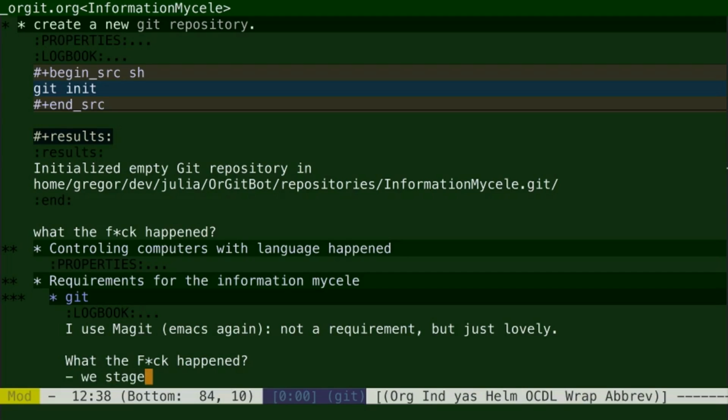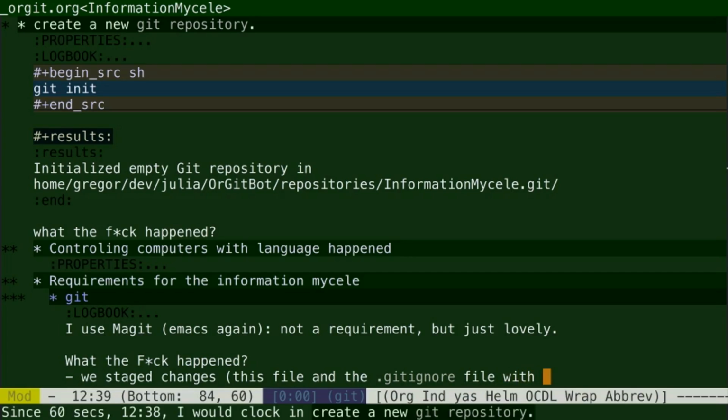We staged these changes. Staging means that we packaged these changes in some kind of way that makes a change set that is commentable or notable, that we can sign off on, that we can associate with the description and so on.